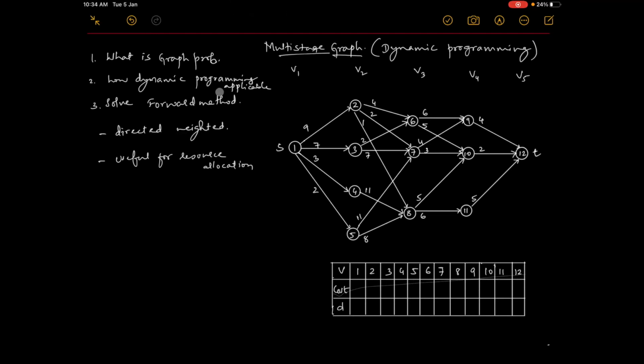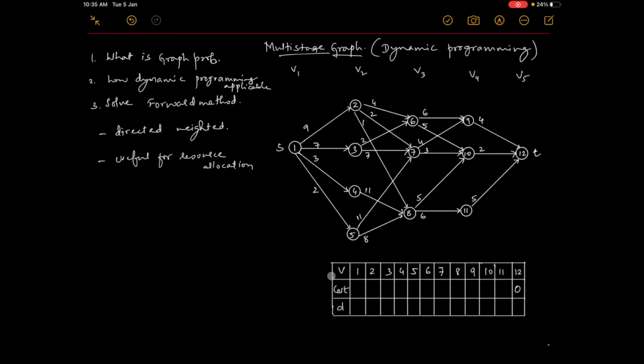Now how is it dynamic programming? We have seen that at each stage you are going to take a decision. This is a stage, and this is one more stage. At this stage again you are going to take a decision. How it is a forward method, we will see later. Actually we start from the end and come back, because here you have more possibilities, here still more, here more, here also more, but here you only have one. If you have already reached here, what is the cost? The cost is 0.